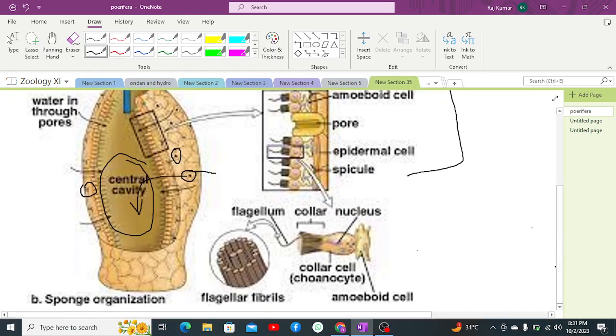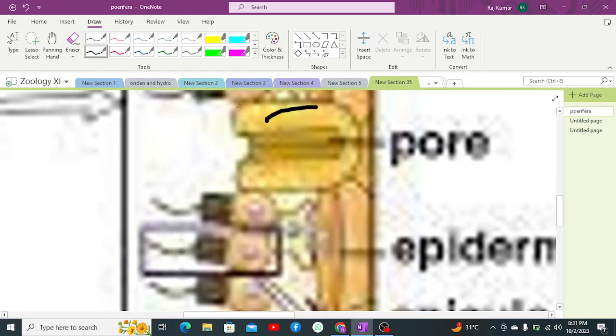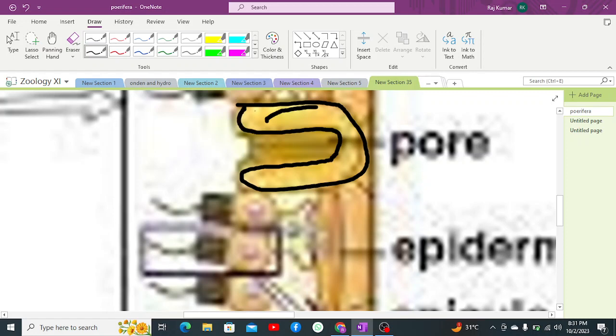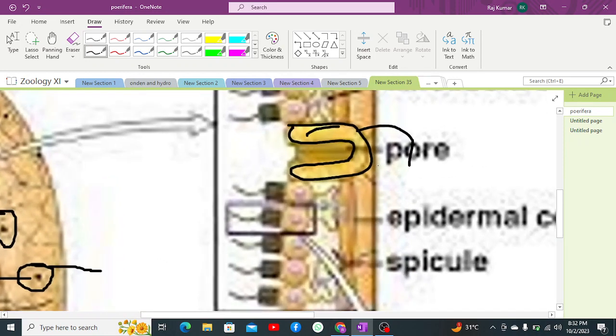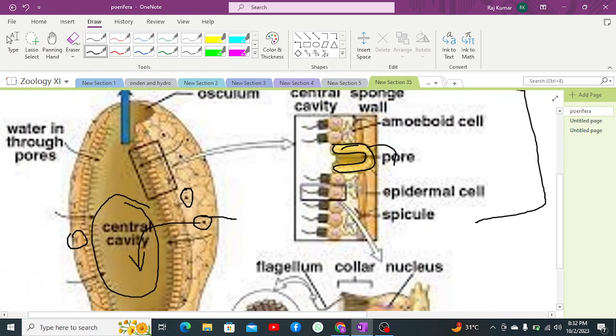Here are the pinacocytes, and at intervals, as we can see, there is formation of several pores. This is a pore. This is a bit blurred, but here there is a formation of a pore. This pore, the ostium, is actually formed by the cytoplasm of a special cell dividing into two equal halves, and the cavity formed in between forms a pore or hole inside the cytoplasm, which is known as the ostium. That pore is formed in the specialized cell known as the porocyte. Apart from which, the outer layer is the epidermal cell, which is the pinacocyte,